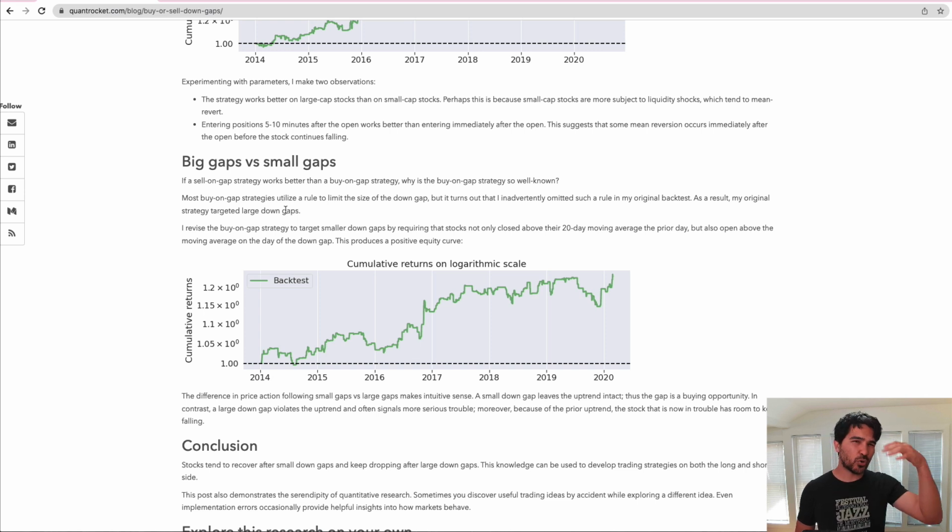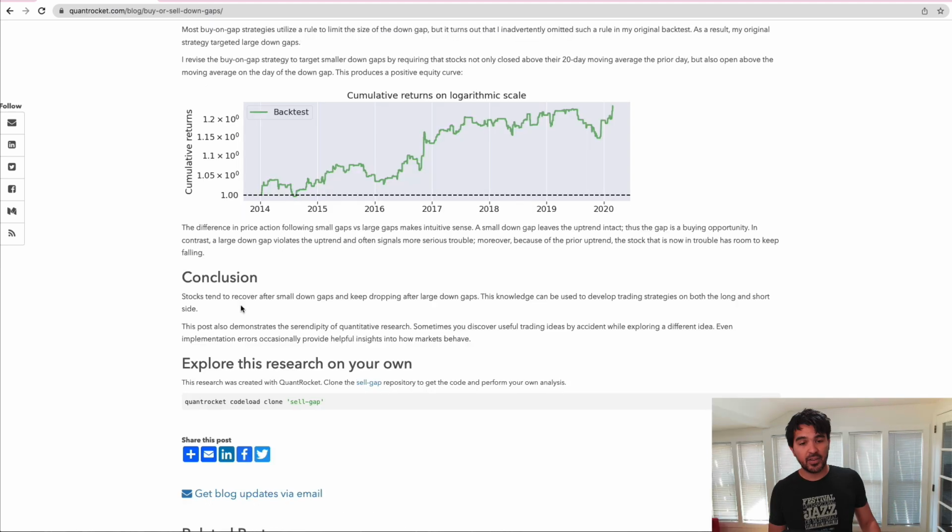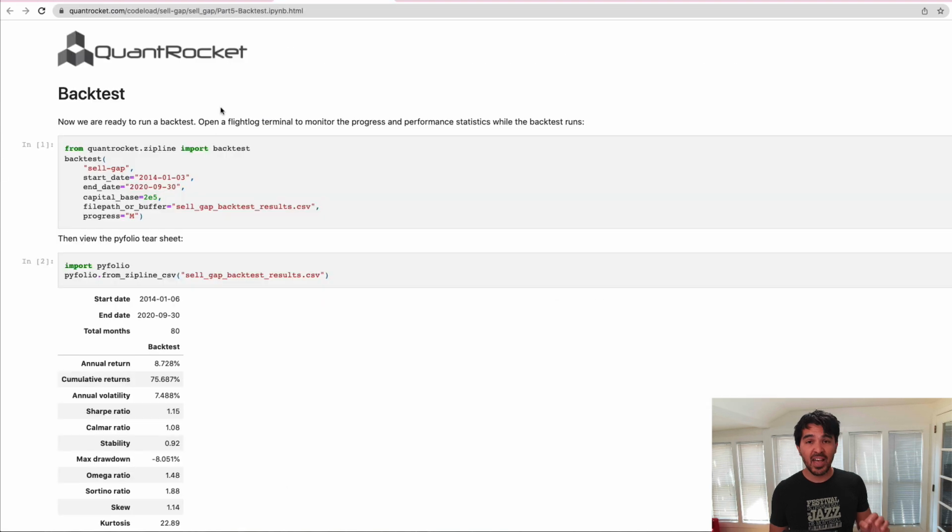So we can try shorting big tech or large cap stocks, and we can try going long on small cap stocks that have only slightly dipped. So there you go. The conclusion is that stocks tend to recover after small down gaps and keep dropping after large down gaps. I poked around on the Quant Rocket site and found this Jupyter notebook that they shared,